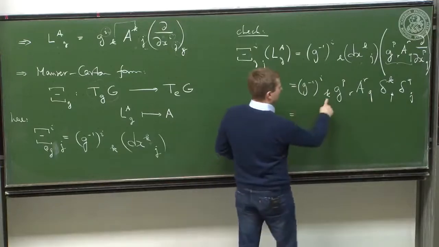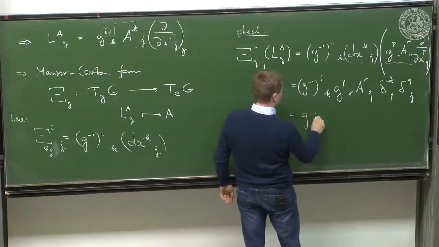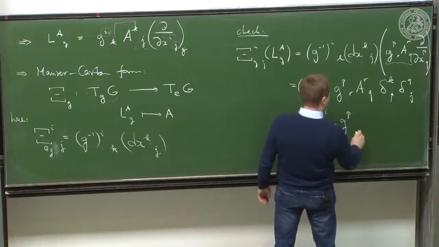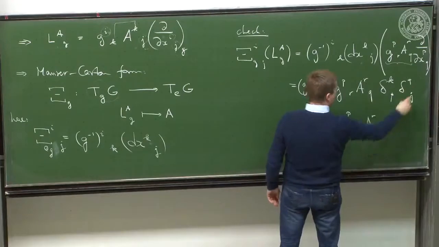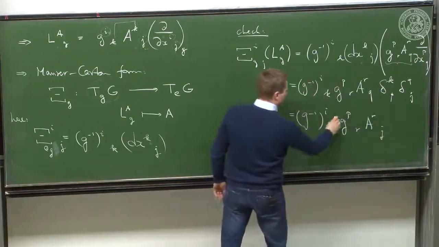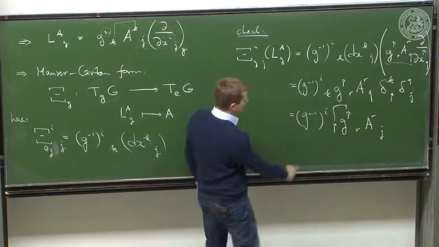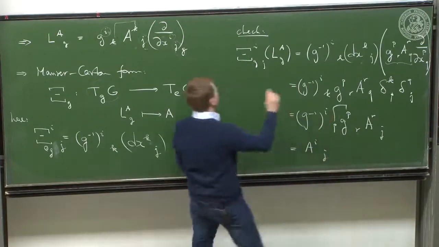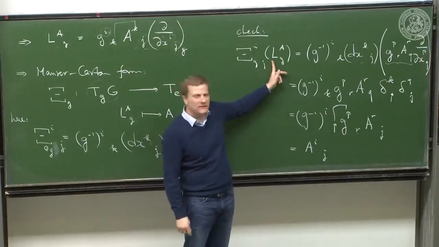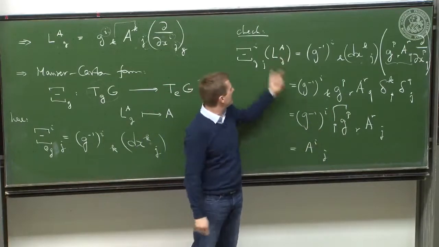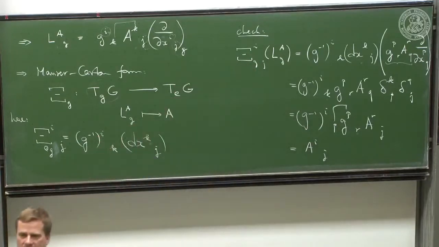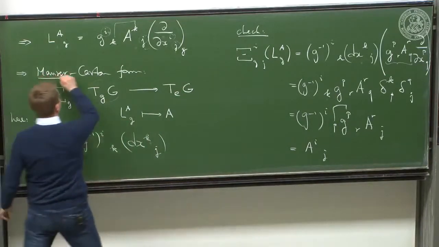So if this is right, then the k becomes a p, so it's G inverse IP GPR AR, and the q becomes a j. But here the matrix multiplication produces another delta IR, so this is AIJ. Oh, fantastic. You plug in the left invariant vector field generated from A, you get back the AIJ if you already have this coordinatization here. Done. Okay? So the lesson is, if you want to calculate the Maurer-Cartan form,